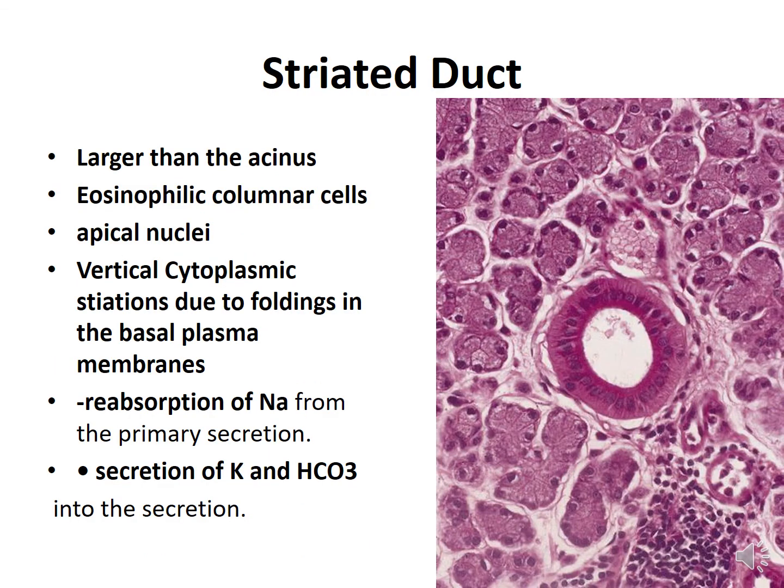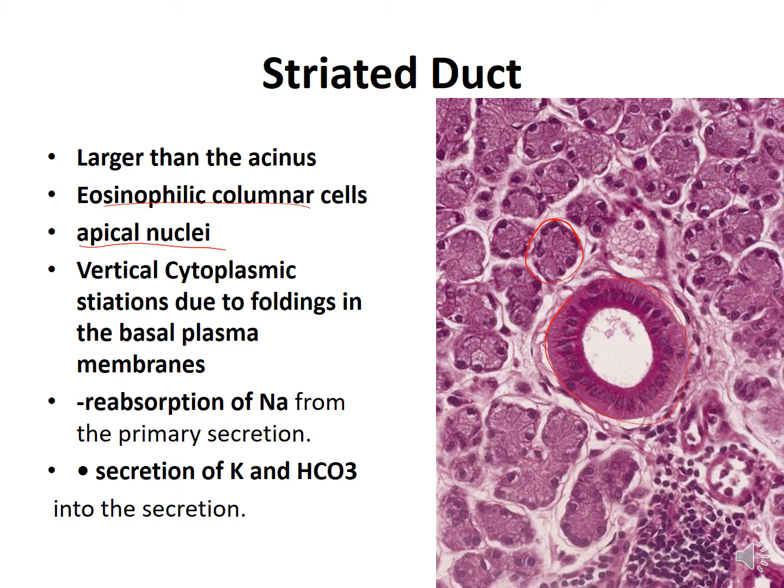The striated ducts are larger than the serous acini. So you can see here, these are the serous acini and this is the striated duct. So you can compare the size of the two. It is lined by eosinophilic columnar cells with apical nuclei. The nuclei lie in the apical region because in the basal region of the striated ducts there are striations on histological section, and these striations are